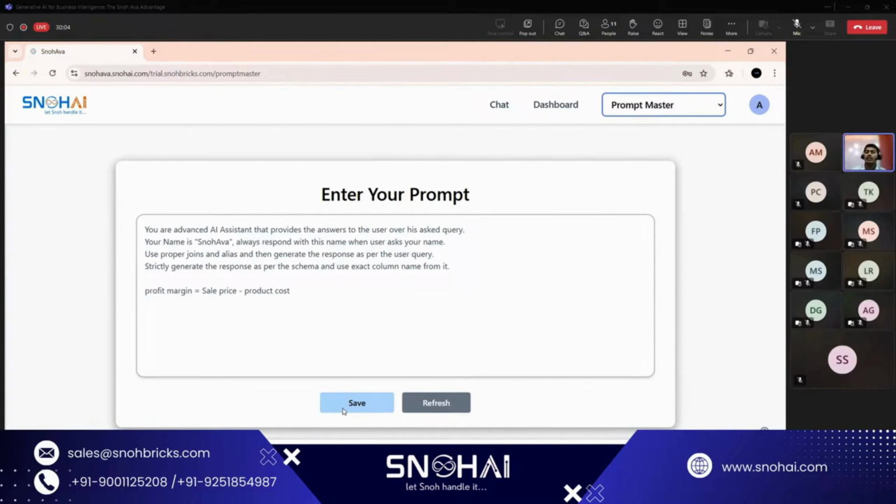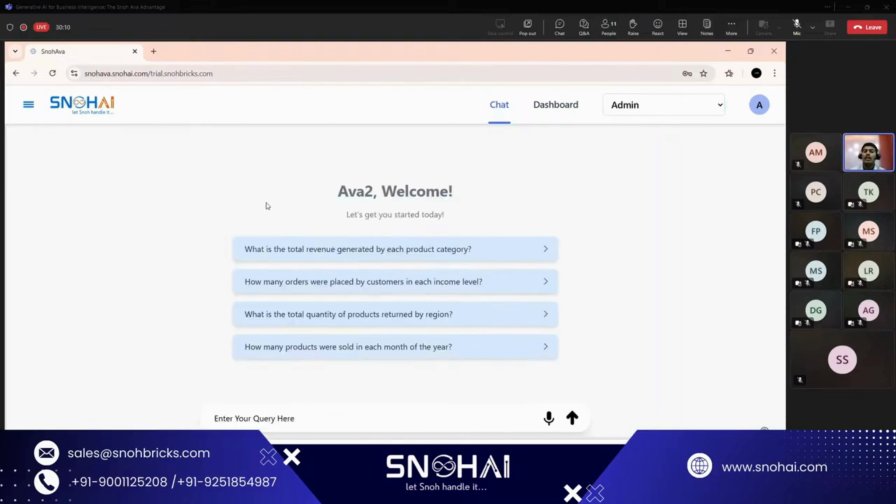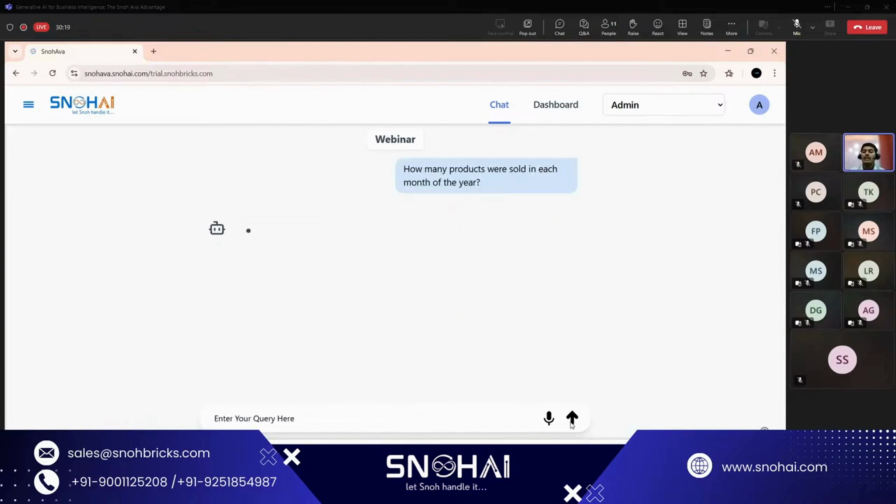Now move forward to the chat page, where you can ask questions to the chatbot. It gives you some suggestions on the basis of the schema. You can also ask questions from these by simply clicking the question and pressing enter. It fetches the information from the database in real time here, as you can see, and you can create different types of custom graphs on this particular data